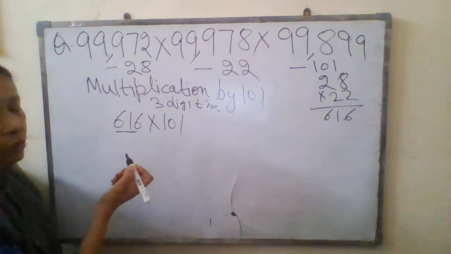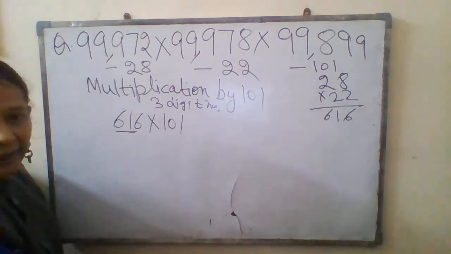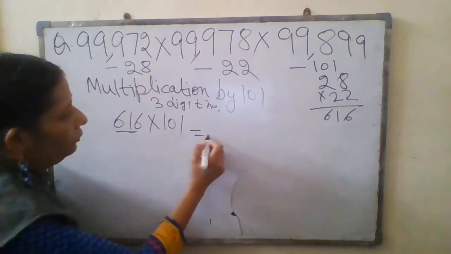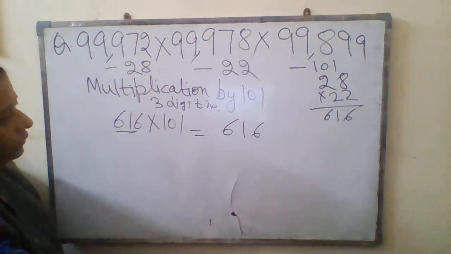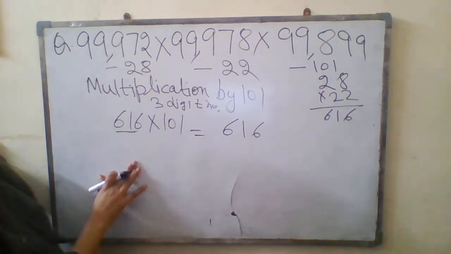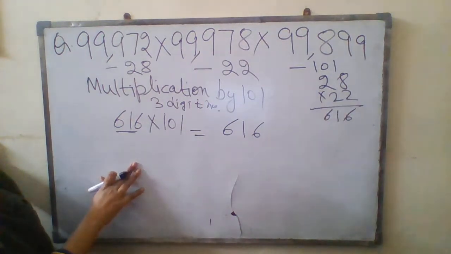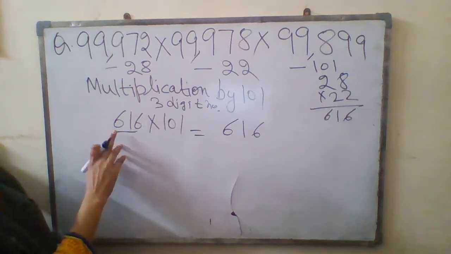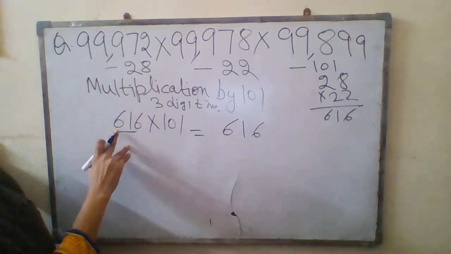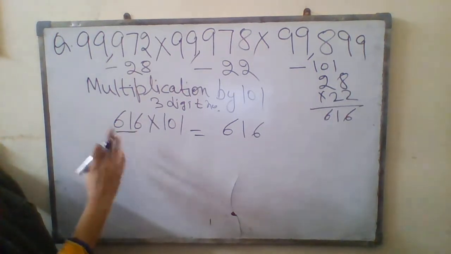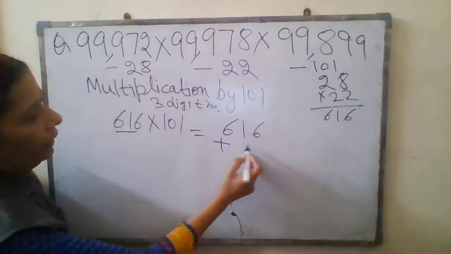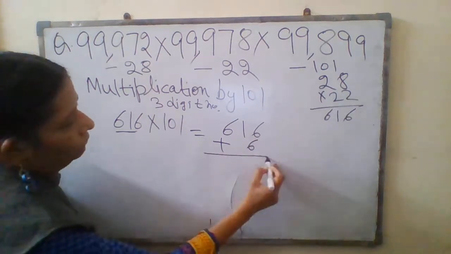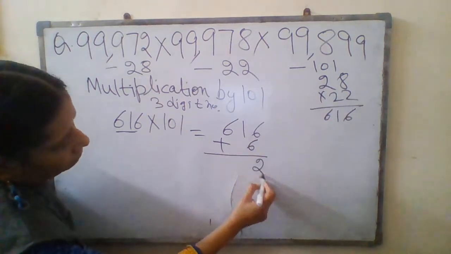If you have to multiply, you will not multiply this with the traditional method. What will you do? First you write down the number itself. Done? Then when you have written the number, what will you do here? This is a 3-digit number, but what is the first number here? The first number here is 6. So add 6. So what will you get here?